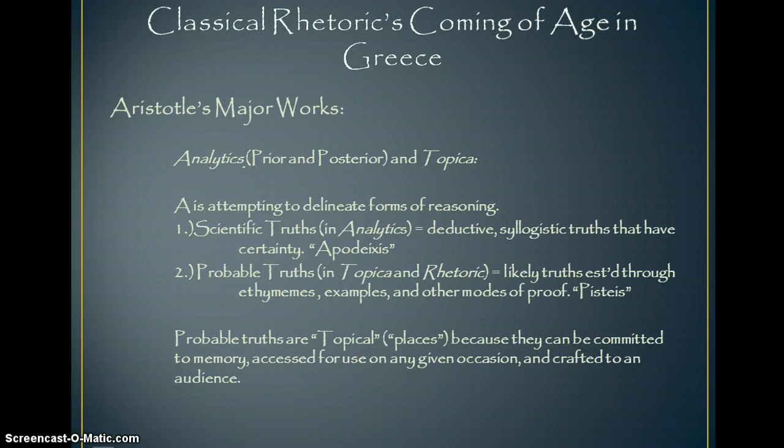First, we'll begin with a couple that deal with logic and with reasoning and all of those kinds of things, and that is the Analytics. Now, he wrote a Prior Analytics and a Posterior Analytics, and he wrote a work called the Topics, or Topica, or Topoi. Essentially, the selection that you have in the Matson text demonstrates that Aristotle is attempting to delineate forms of reasoning, and we don't have to go all the way through. I mean, the Prior and Posterior Analytics and the Topoi or Topica are just very, very extensive. They're huge, and you can devote entire courses, as I said, to it. So we're just looking at a couple of little snippets so that you can get some of the